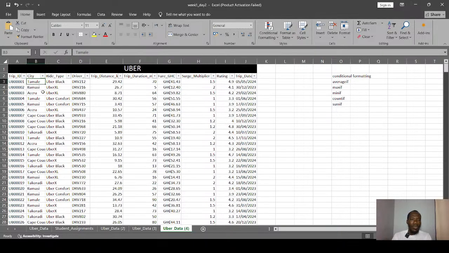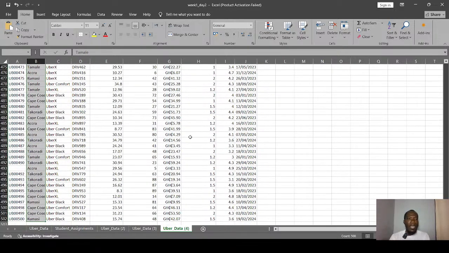Okay. So to do that, we have to highlight all of them, right? Because we are going to use all the data under the city column, we highlight all of them, and we don't have to highlight the first cell, the heading. So we just come to the first data, press Control Shift and then the down arrow to highlight everything.